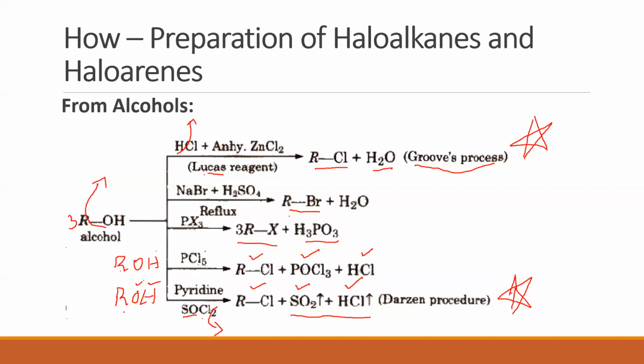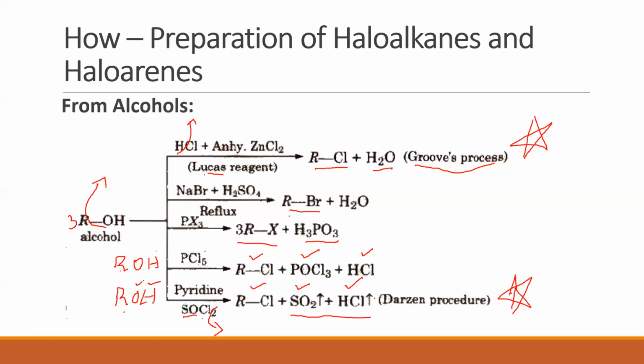Yes, what you see here as a difference is this arrow mark which is going upwards. Now, what do you understand by the arrow mark going upwards? In chemistry, when we put an arrow mark going upwards, it means it is a gas. It means it evaporates, or it escapes. So when you look at all the byproducts that are mentioned in the various reactions in this slide, it is very easy to remove the byproducts in the last case.